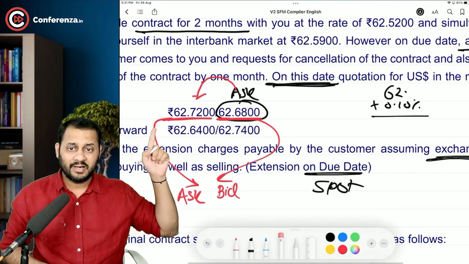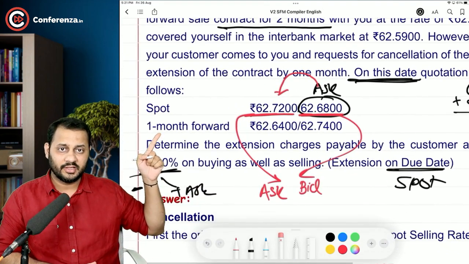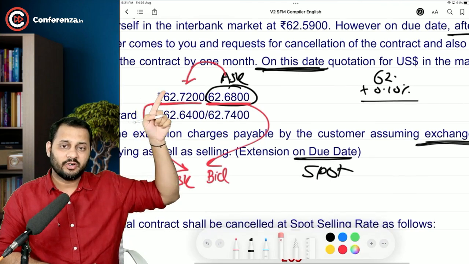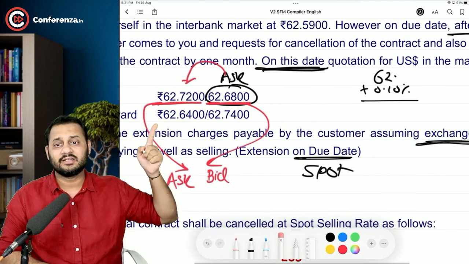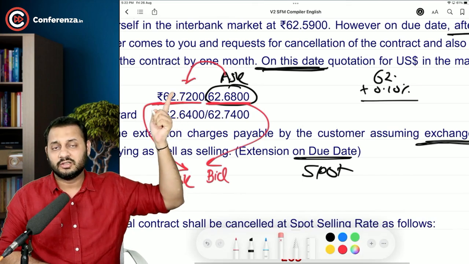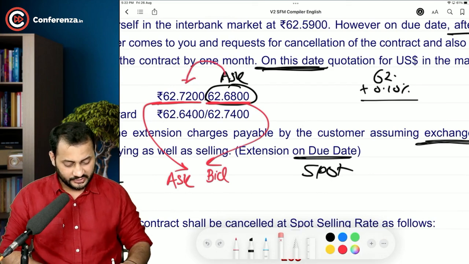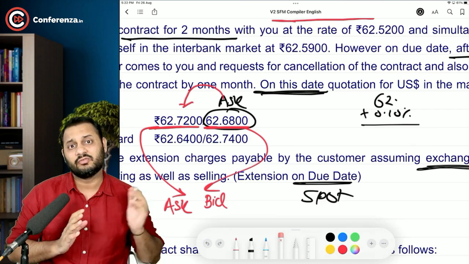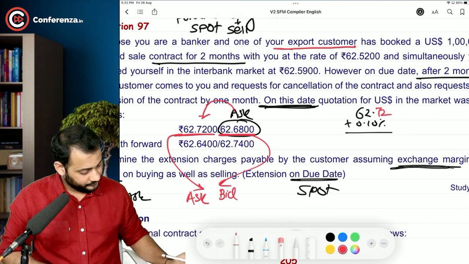Do you get that? By mistake in the spot rate itself, you can see in the forward rate it's properly given 62.64 and 74, but by mistake in the spot rate they have written the higher number on the bid side, but in the answer they have taken properly that this is ask and the later one is bid rate. So please understand, you will always check once. This is the only question in which this has happened from the 112 questions. Okay, so 62.72